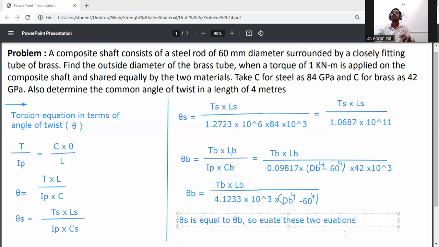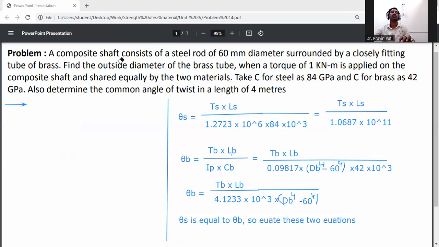Because of the composite, the angle of twist will be equal. So theta S is equal to theta B. Write down here, theta S is equal to theta B. Theta S is Ts into Ls divided by 1.0687 into 10 raised to the power 11, is equal to, now theta B, it is